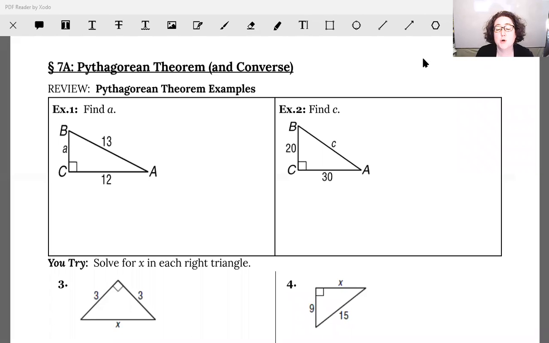Today, we're going to start our new unit studying right triangles with a quick review of the Pythagorean theorem, and we're actually going to apply its converse. So if you think back to logic, converse is when we switch our order, like converse is switch, inverse is not. So we are used to thinking of the Pythagorean theorem as